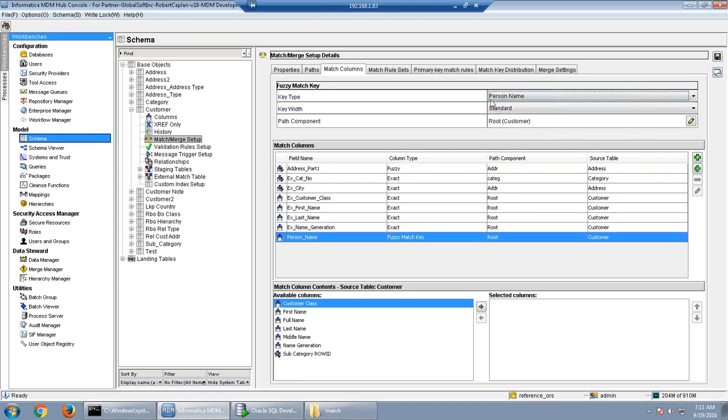So we have to select this key type. Like I am selecting here key type as person name, and under the person name, now down below I have to come and select some columns. I can select first name and last name, these 2 columns. Under this fuzzy person name I will have 2 columns, first name and last name. Based on this the matching should happen. So let me go to the PPT again here.